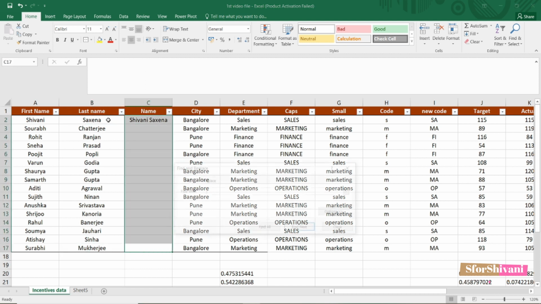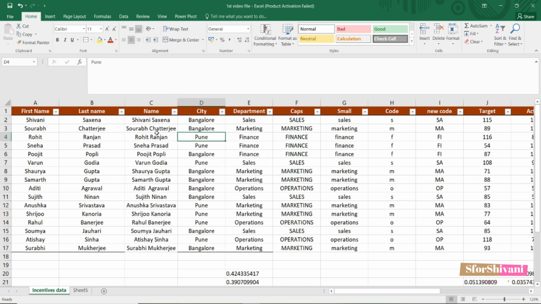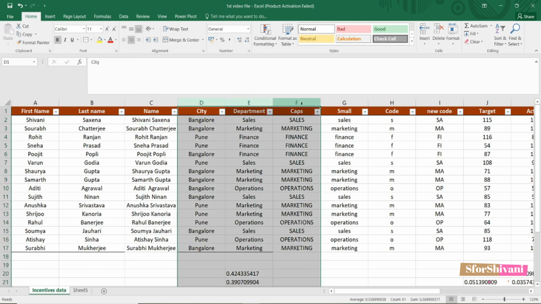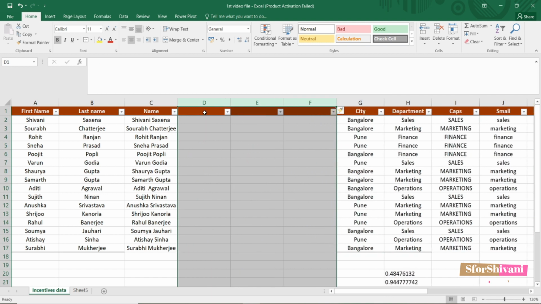Now I can duplicate the values, and it is done. Now let's say I want to again separate these names into first name and last name. So if you remember, in this function we have added three characters. One was the first name, then there was space, and then there was a last name. So we'll need three columns to separate the entire cell content. Let's insert three columns.